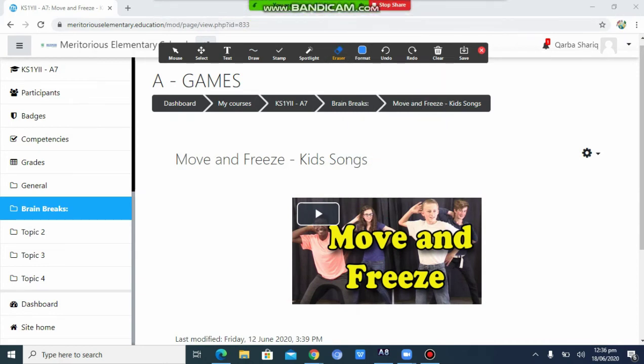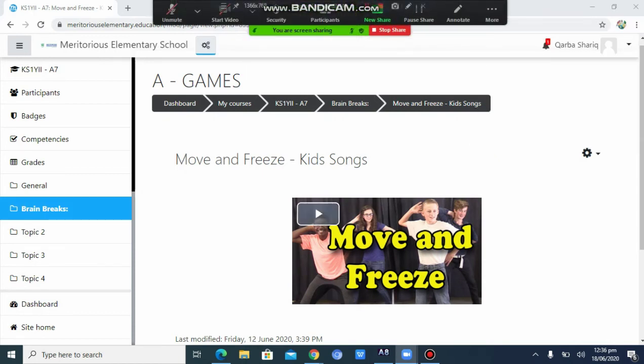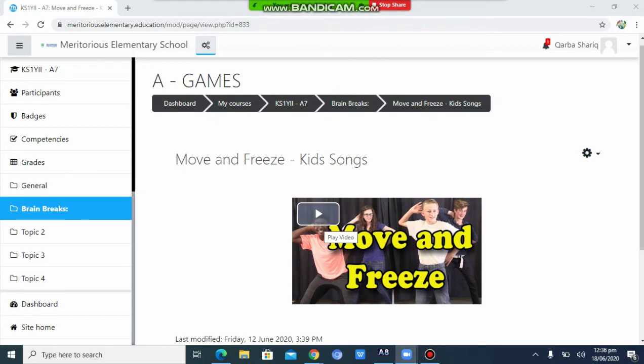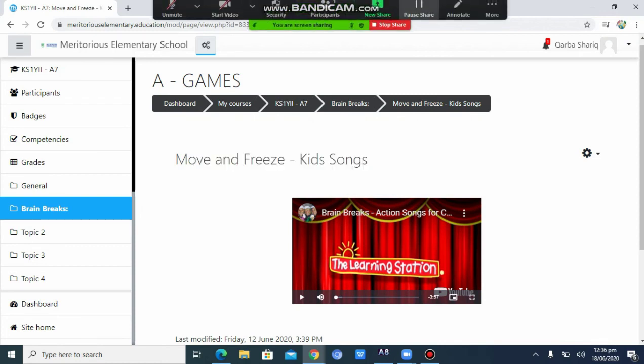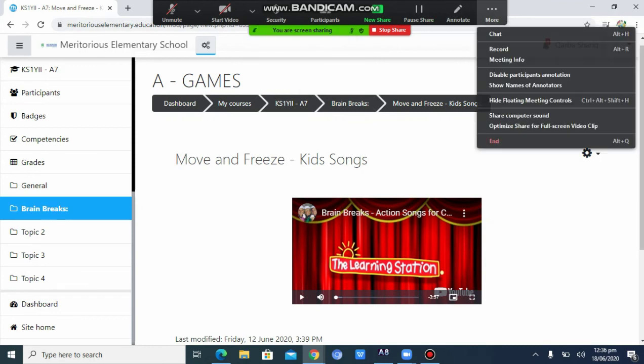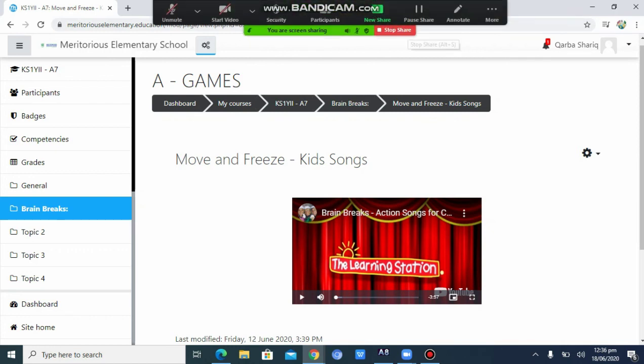For sharing the computer audio, you all need to make sure that you are going to this more option, and after going to this more option that is on the corner, you are playing on the video. This is how your computer sound will be shared to the students. How you can do it? Just go onto this option of more in the corner, turn on the third last option, that is share computer sound. If it is turned on, if there is a tick mark there, it means that your screen's sound is now audible to the students as well. They can also hear what you are actually showing to them.